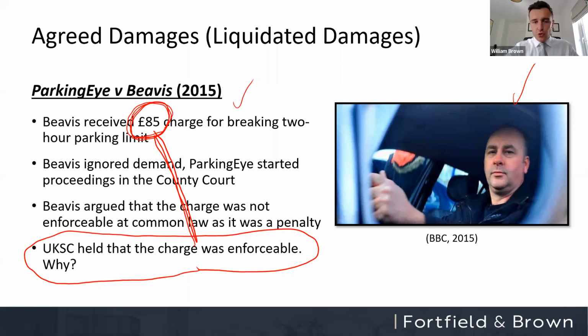So to cut a long story short and to draw this back into a construction context, when you are setting the liquidated damages within a construction contract, the test that you have to comply with and have to ask yourself is this: is the figure that I'm putting into this contract proportionate to protecting my legitimate interest of getting that project handed over on time? And that should guide you to the level and the figure that you insert into that contract, making sure that it is not disproportionate, making sure that it is not unconscionable or extravagant. That's what you're aiming to do there.